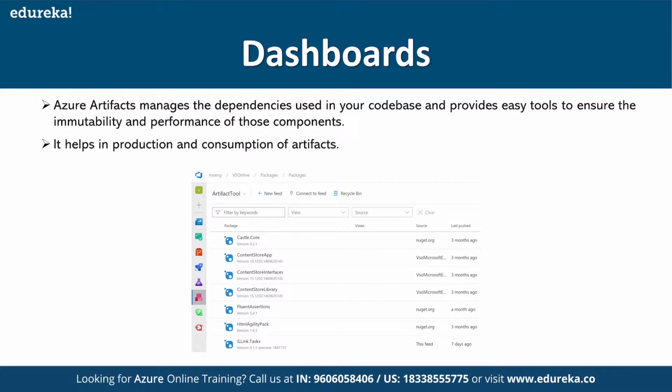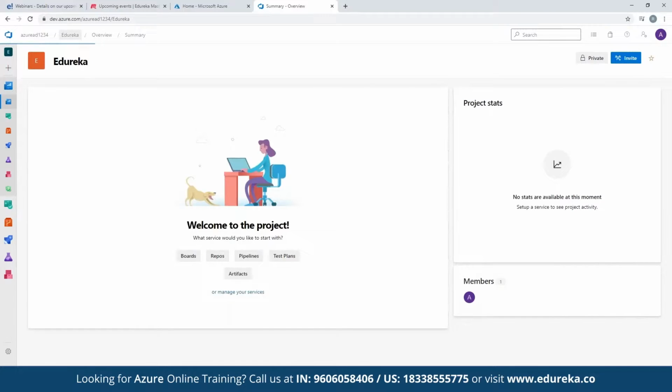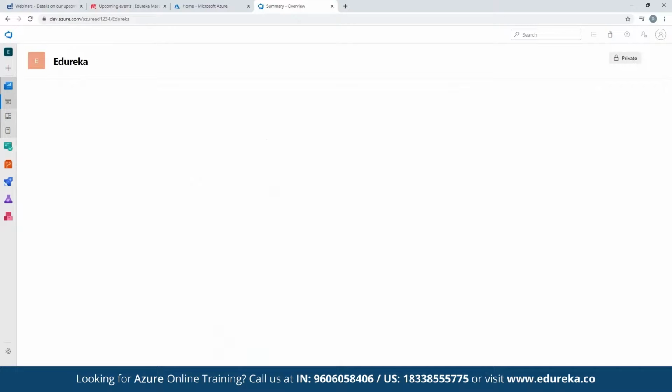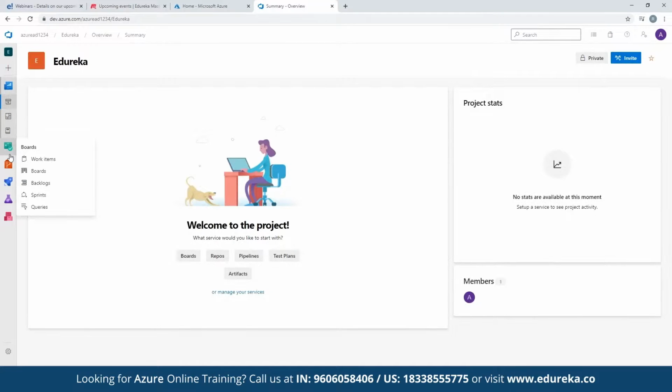Artifacts again, as you manage the dependencies in your code base, right? The code base also provides you easy tools for immutability and performance of the components. So when you click here, we have boards, repos, right? Everything is available here.